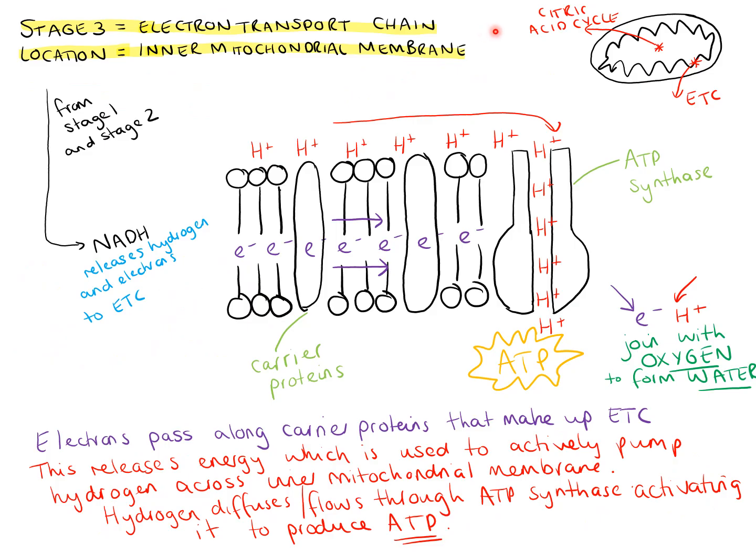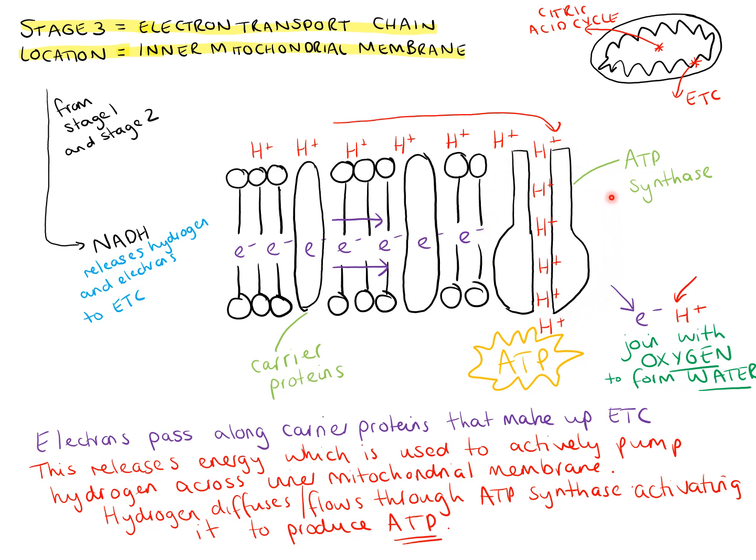Okay, so the last stage that we need to look at is the electron transport chain, and this is located in the inner mitochondrial membrane. I've drawn a little diagram here of the mitochondria. We can see that the citric acid cycle is in the matrix of the mitochondria, and the electron transport chain is along this inner mitochondrial membrane. And if we look at the electron transport chain, we can see that it is made up of these things called carrier proteins, which we can see here. And we also have this molecule here called ATP synthase, which is our enzyme that is going to produce lots